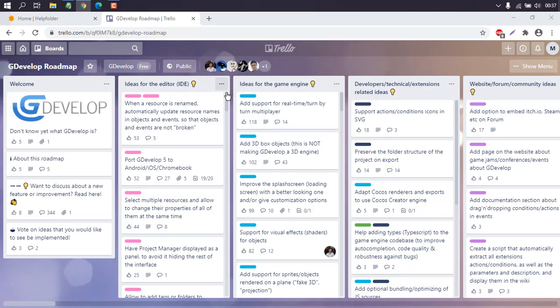Okay, so let's take a look at how you can embed a Trello card into your Drupal article or page. So this is the GWP roadmap board, and here you can see multiple cards. So I'm going to select one of the cards,